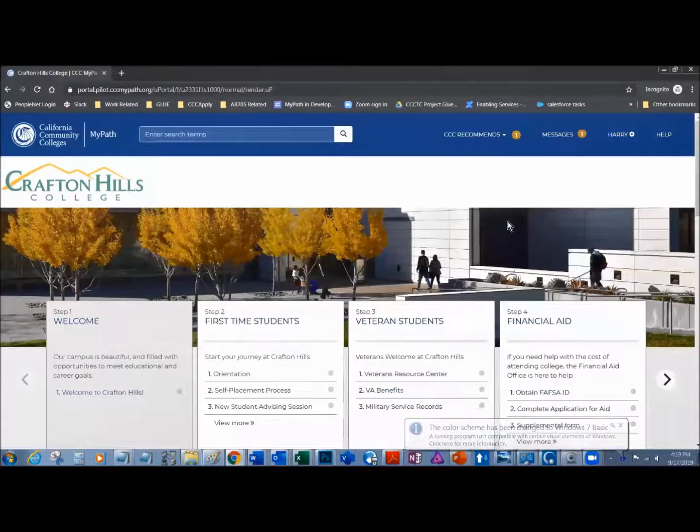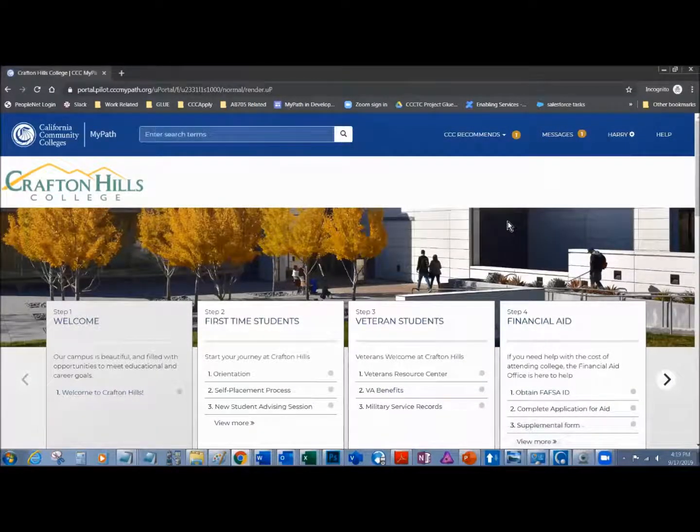This is a brief overview on how to use MyPath. On MyPath's main page, you're presented with a number of different advisor cards. Each one of these advisor cards is presented to you based on the information that you indicated on your CCC Apply student application. If I indicated that I was a first-time student and also I was a veteran, I'd see